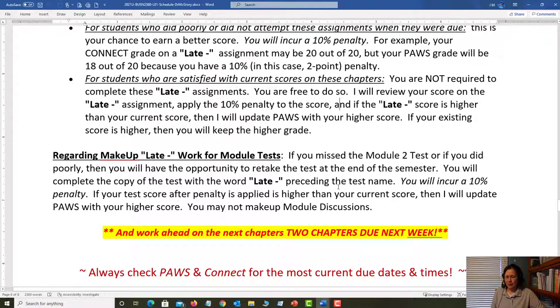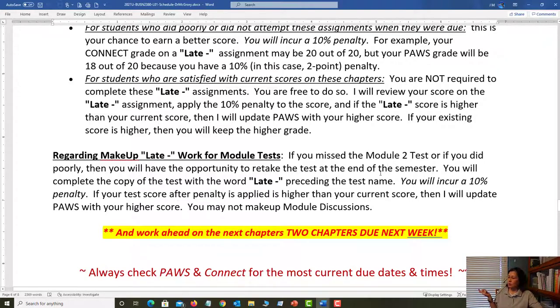I hope this isn't a pattern. Right? Look, the goal, with all this talk about late work, the goal is to do it on time. But if you have an emergency, if something happens, at the end of the semester is when you're going to have the makeup time for tests. But it's not going to be a time with nothing else. This is going to start to pile up on you. So you got to get this stuff done on time, but you will have that opportunity if that's required.